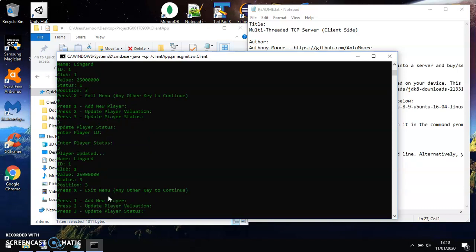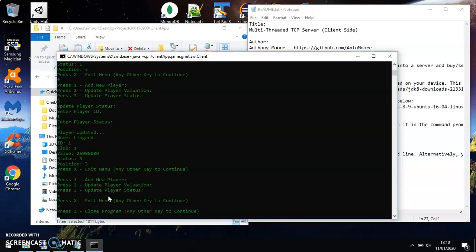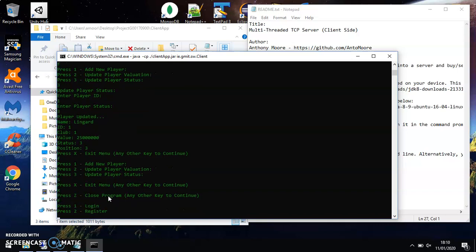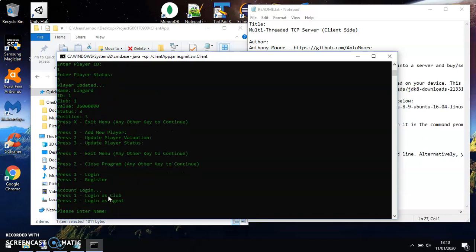So I'll actually go and log in as a club this time. So I'll just press some random number here, number 5. It's telling me to exit. Okay, exit. Right, so if I press Z, it'll actually close the program. But if I press anything else, it should bring me back to the main menu. So F. Okay. So we'll log in as a club this time. I'll log in as Man United,